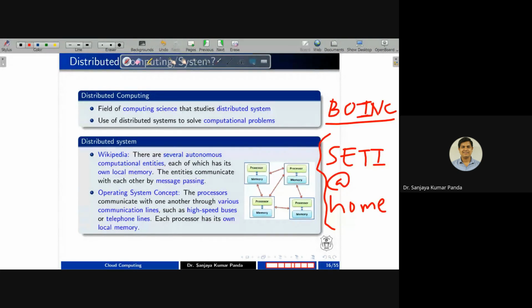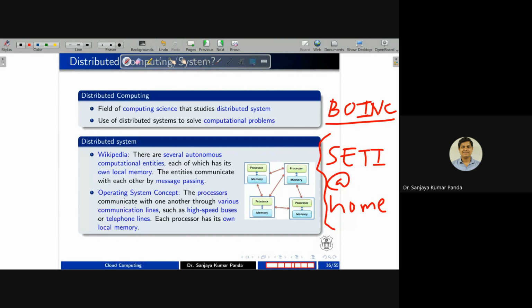Once you add this platform, whenever your system is idle, they will use your processor cycles to execute their application. In that way, this platform is running, and more than millions of computer systems or millions of users are giving their processor cycles to run various real life applications. Once you install this platform and add a particular project, if you observe your processor utilization, it is more than 90%.